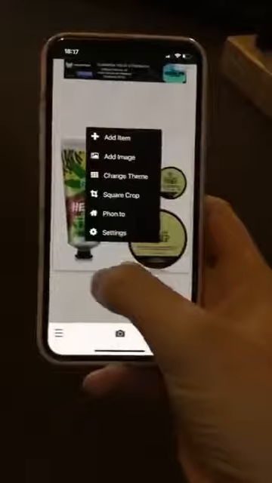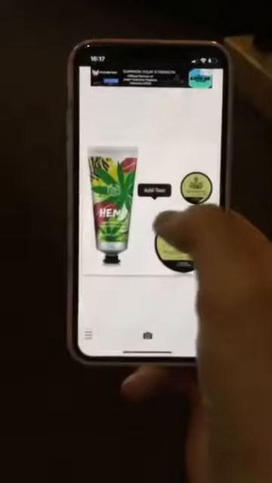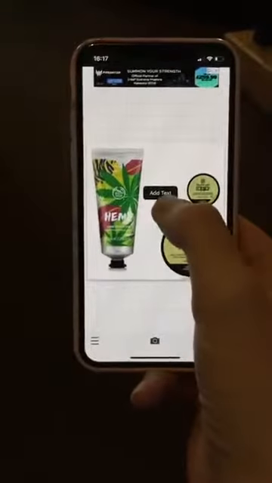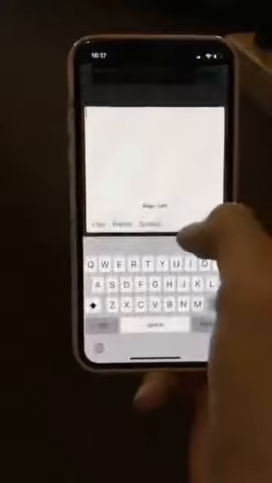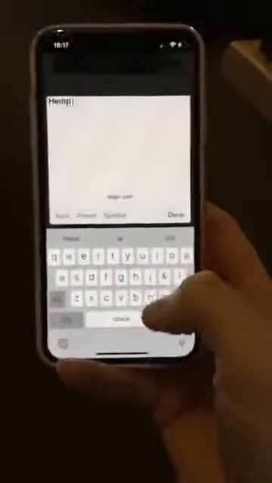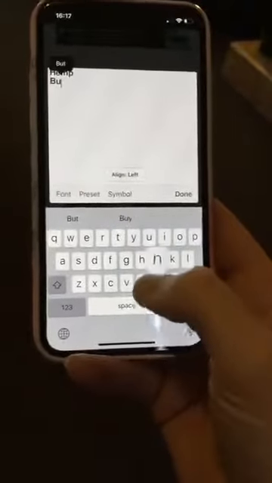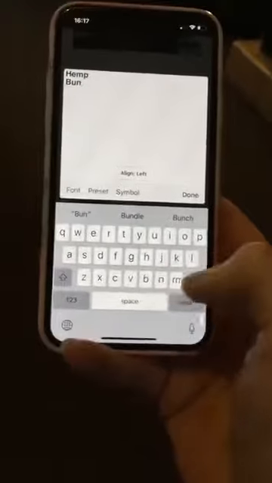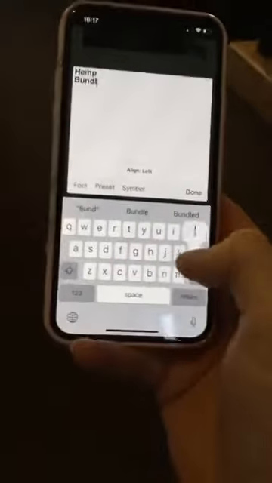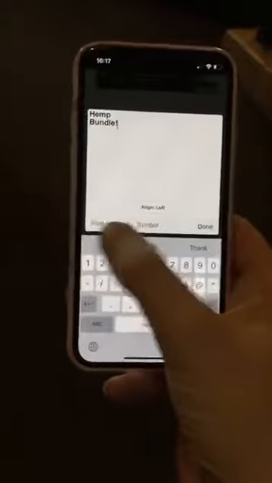If you click on the image here, you can say add text, and you can write in there whatever you want. So let's just put hemp bundle. Oh, sorry, it's really hard to do this looking through the iPad. Hemp bundle. Okay, and then what you can do in here is you can